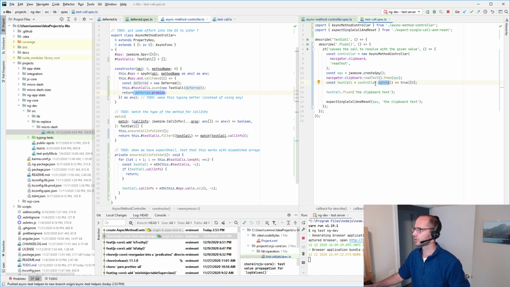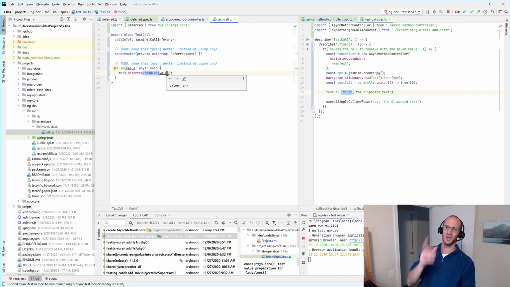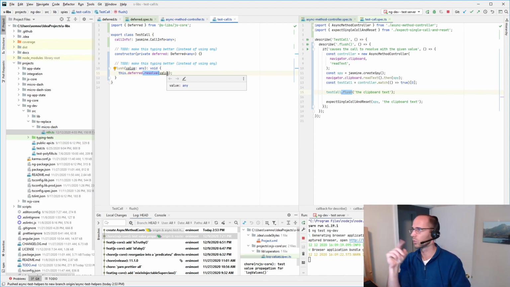The match should return the test call with this same deferred object, so that when we call flush on it, this should cause it to resolve. It caused it to resolve, but it did not run the function yet, because